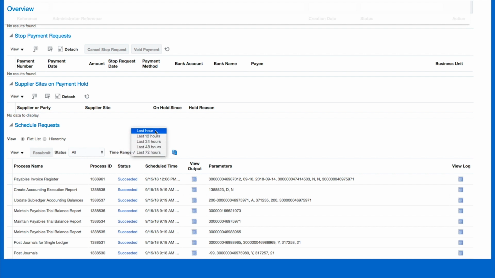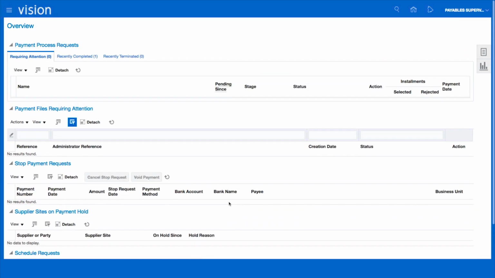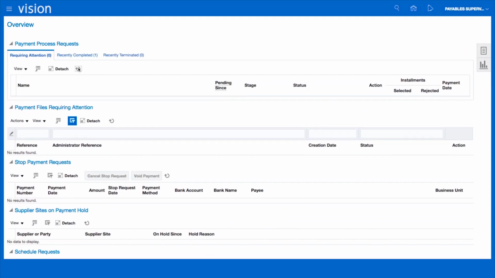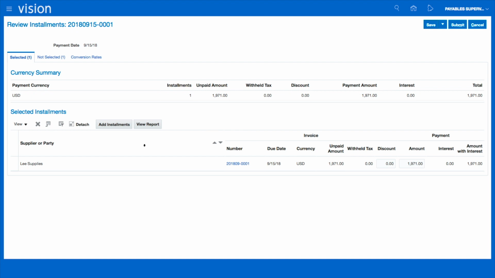You can change this to what's been submitted in the last hour as an example, and then you can click on refresh, and that will give you the details. You can see that our payment is gone through the first phase. So I'm going to refresh the screen at the top, and that will tell me that I have one selected payment. And if I click on the action icon, I will be able to see the payment that is going to go through. So we can see that we've got a payment for one invoice which is selected, which is Lee Supplies, for